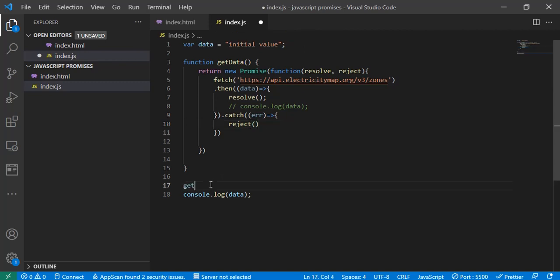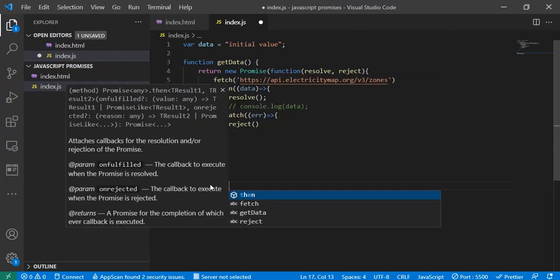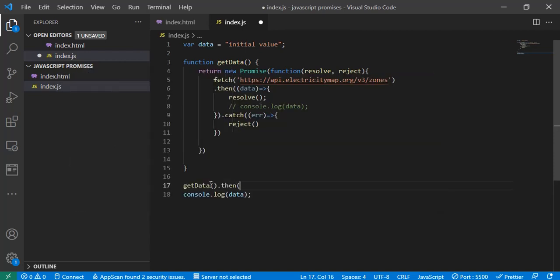Coming down here, I'm going to say getData. I'm going to call the function. Then I'm going to use the then. So the then can take two callback functions. The first one is going to be if it was resolved successfully. Then the data that was passing,